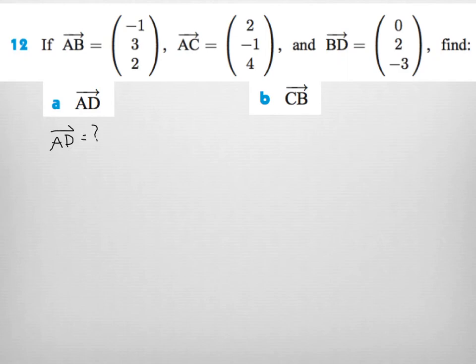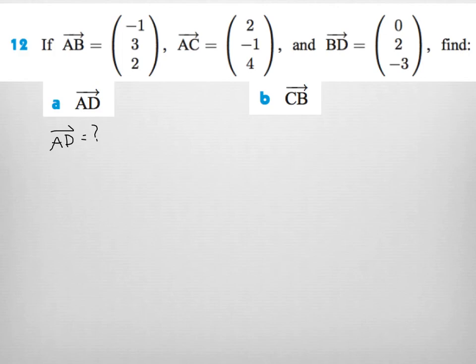We're probably going to have to set up a relationship here. I could do this by graphing it, but it would take a long time because I'd have to go through the coordinate system, drawing it and everything. So let's just look at these letters here, and we can figure it out. When we talk about vector addition, we can just look at the letters, and as long as we start with A and end with D and add up all the vectors in between,